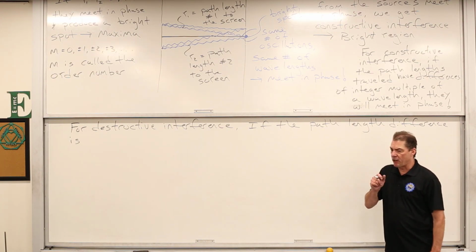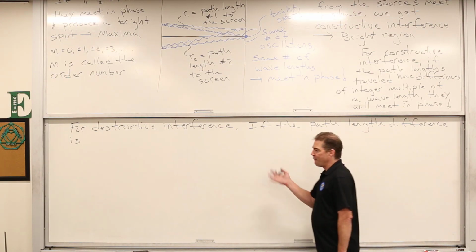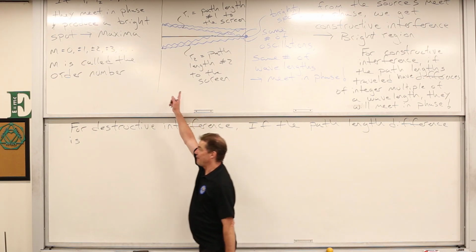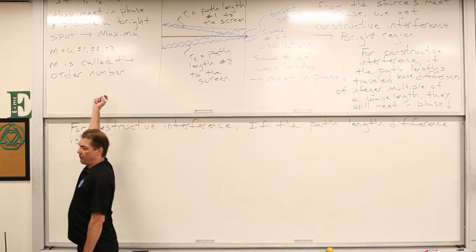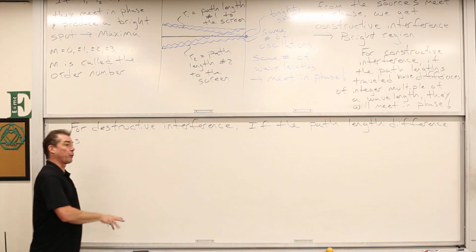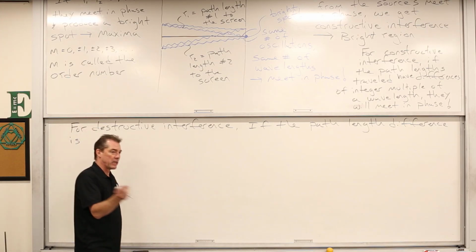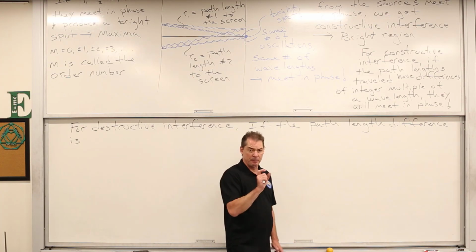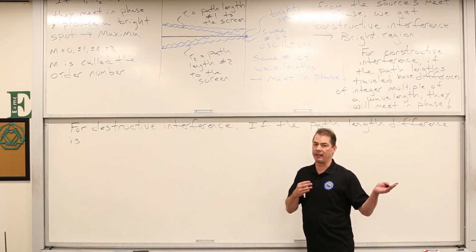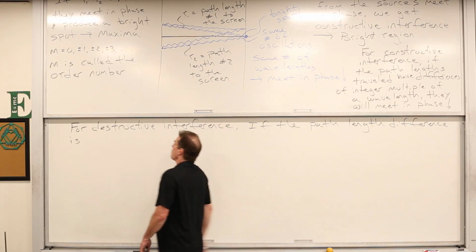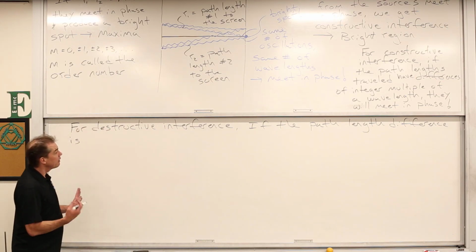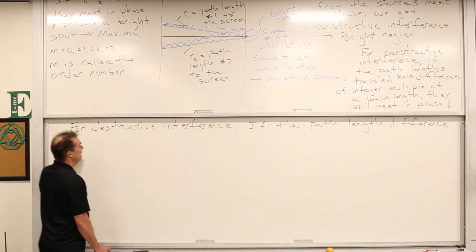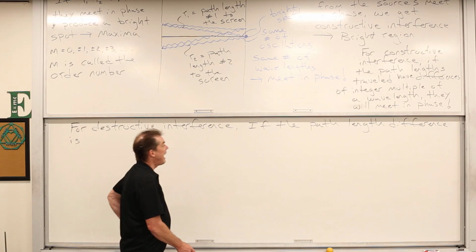So a half a wavelength does it, but a full wavelength does not. A full wavelength gives us back constructive interference. But 3/2 would give us back destructive interference because they would still ultimately be out of phase because of that half wavelength shift overall. So the criteria ends up being a little bit different, but we got half integer,